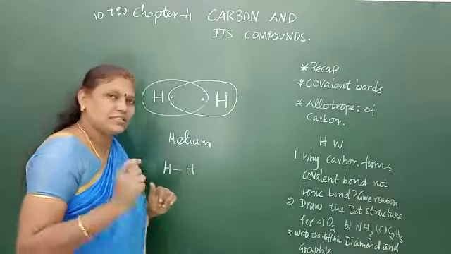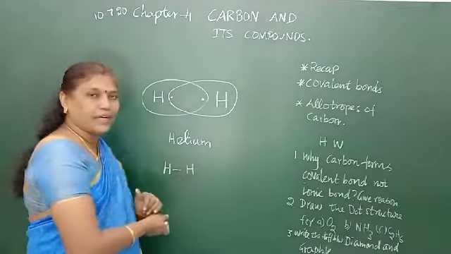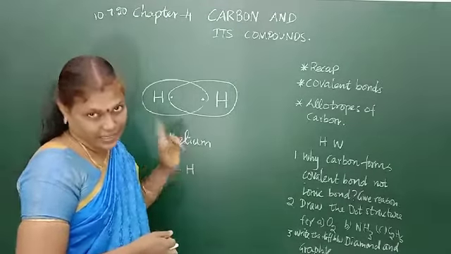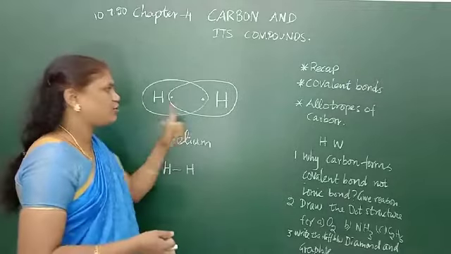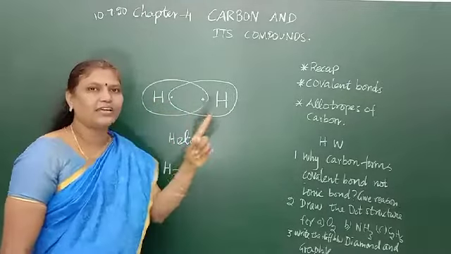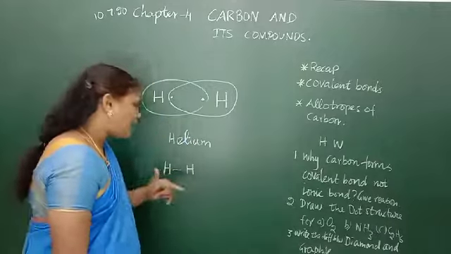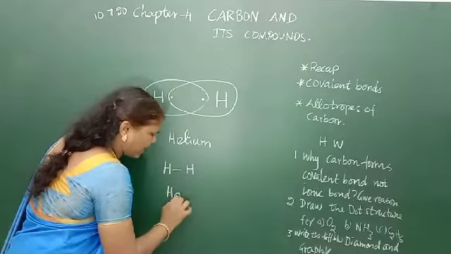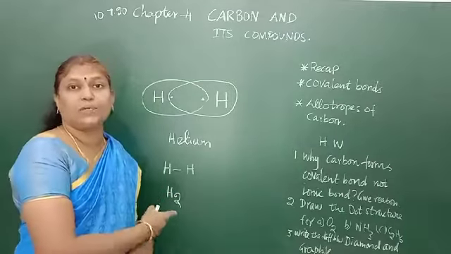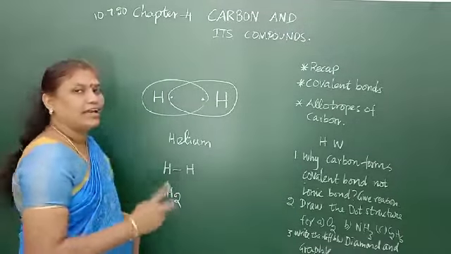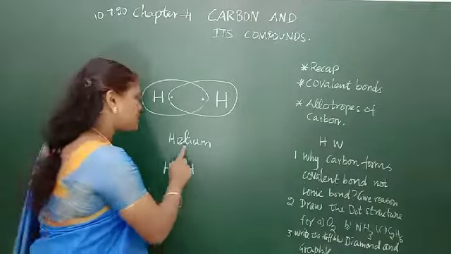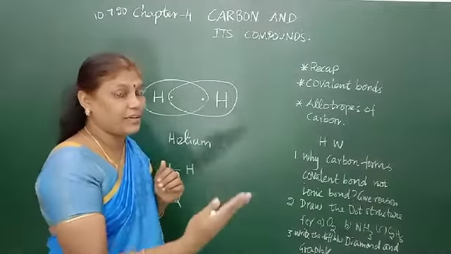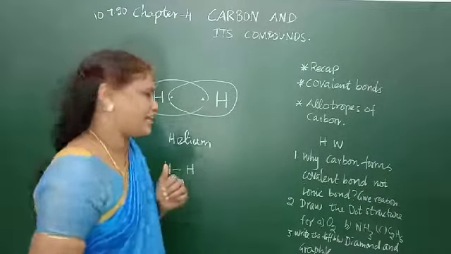This is called a single bond, and otherwise we can call it a covalent bond. Okay, sharing of electrons, if it takes place, mutual sharing. I am giving one, you also give one. So both are sharing 1 electron each, and it is forming a single bond, and the molecule formed is a hydrogen molecule. You know this? This is a molecule of an element, and it has 2. It resembles helium. So the first shell can have only 2. For the others, we know that it should have 8 electrons.